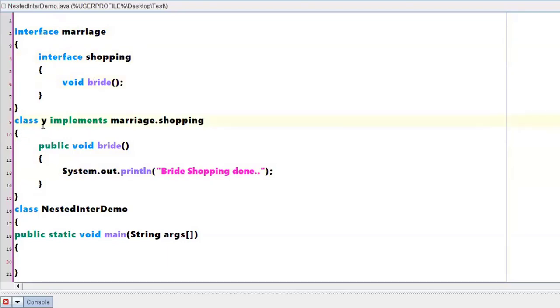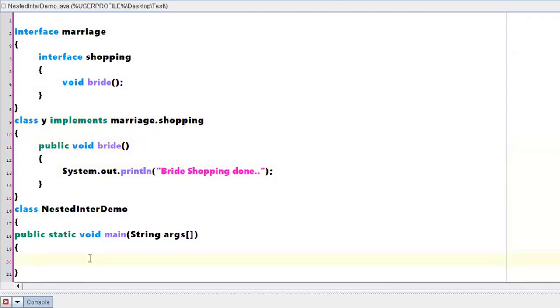The purpose of class Y is to implement this particular method, so I wrote implements marriage dot shopping, right? Under the marriage dot shopping interface, I wanted to implement this particular bride method. So I implemented that particular bride method.